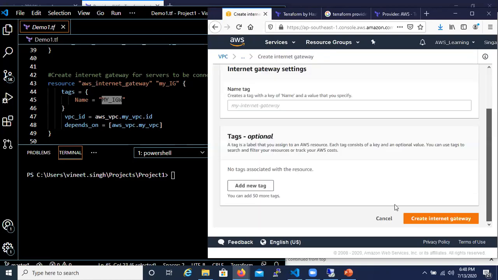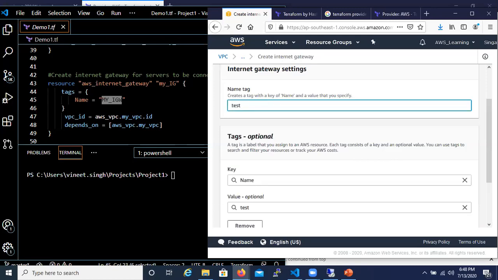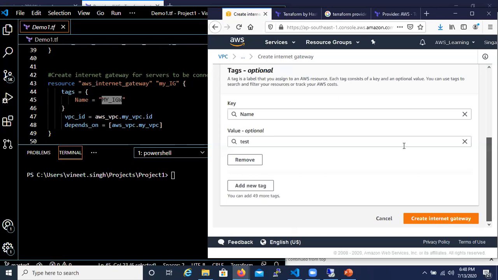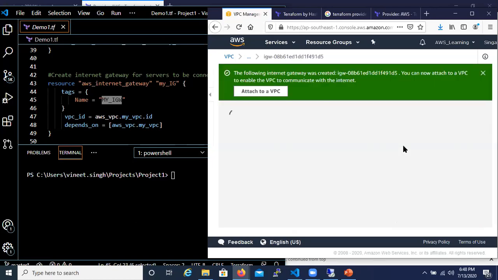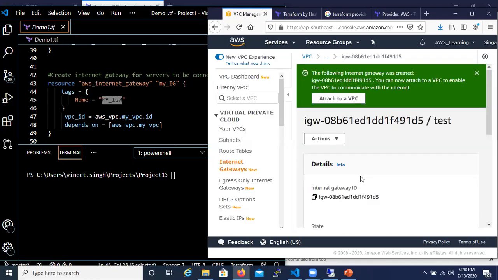This internet gateway always has to be attached. Let us say if I do this test, this always has to be attached to a VPC, so that all your systems which are part of this VPC will have connectivity towards the internet.